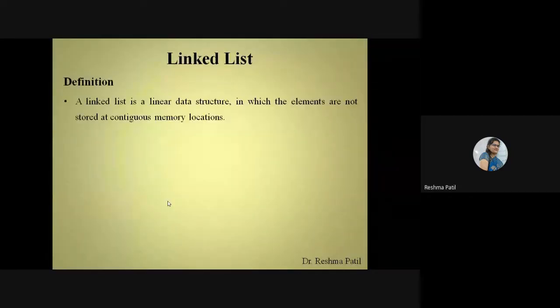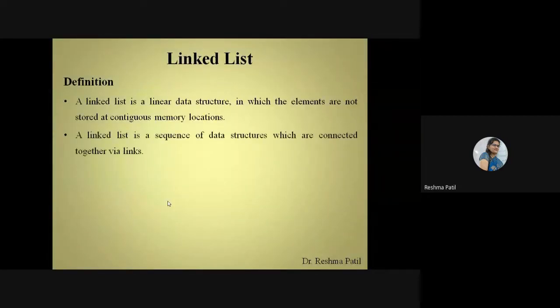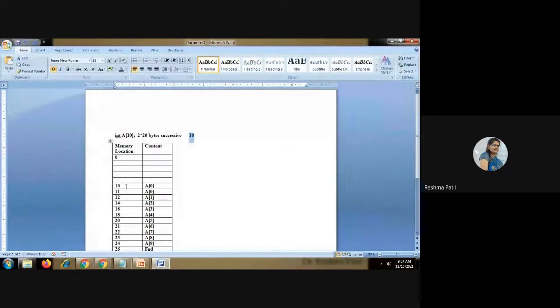Now we will see the basics of linked list. Linked list is a linear data structure. Remember this, linked list is a linear data structure in which elements are not stored at contiguous memory locations. Like in an array we are storing elements continuously. You can check here.